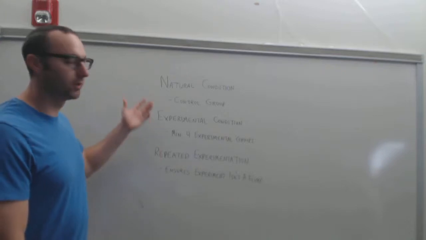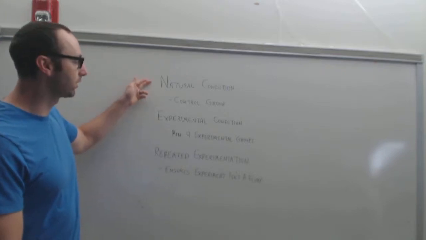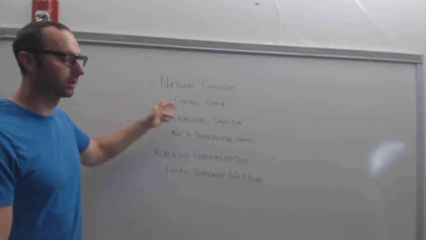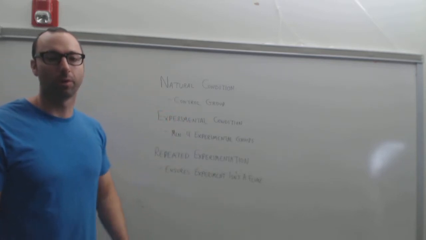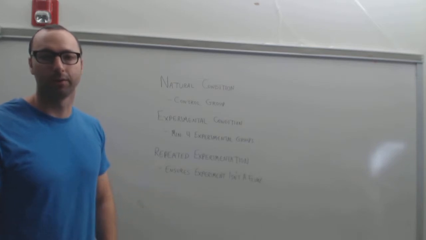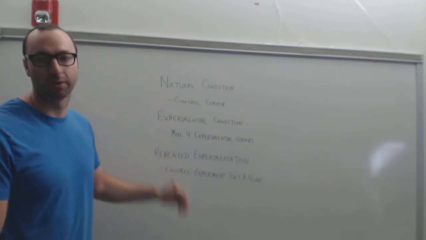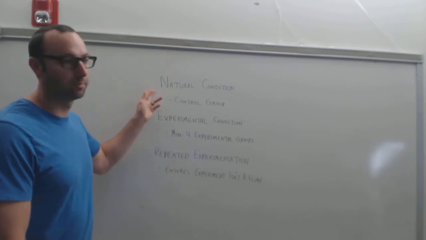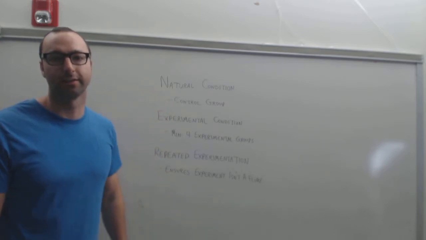So in an experiment, you have two types of conditions, the natural condition and the experimental condition. The natural condition consists of a control group. The control group is what will provide you a basis for comparison between natural and experimental conditions. So in that Red Bull example, your natural condition would be a test subject that doesn't get any Red Bull